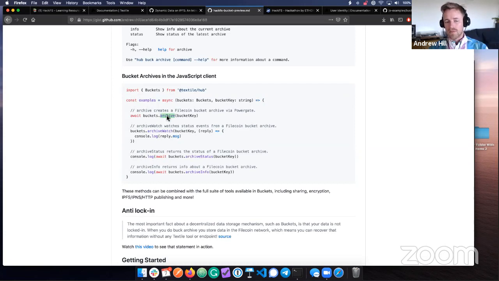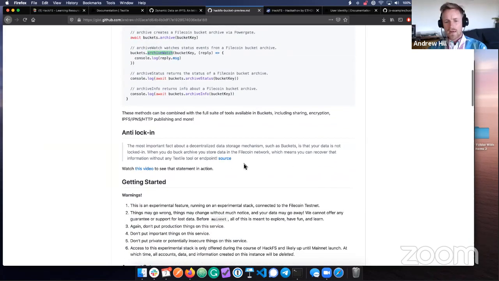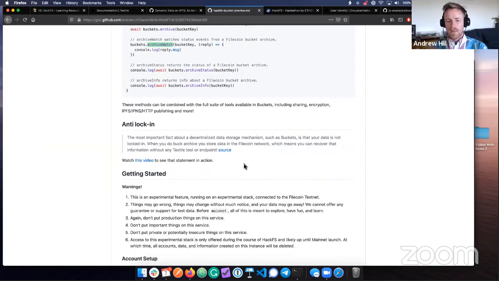That can take time, or that will take time to create deals on the testnet and confirm those deals and get all the information back. So there's these other commands to monitor the status of that deal, give feedback to your users and all that good stuff. And this came up in the Zoom chat a little bit about the Hub being some centralized services